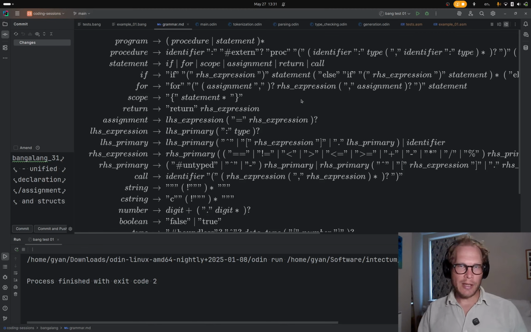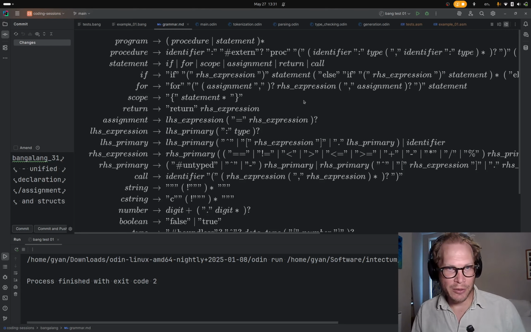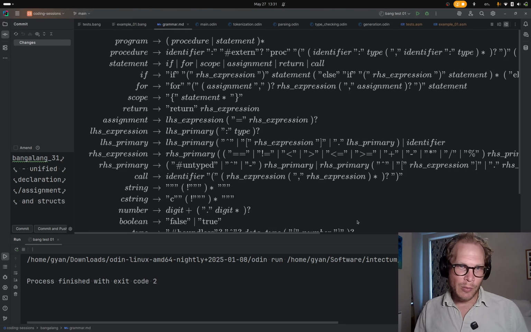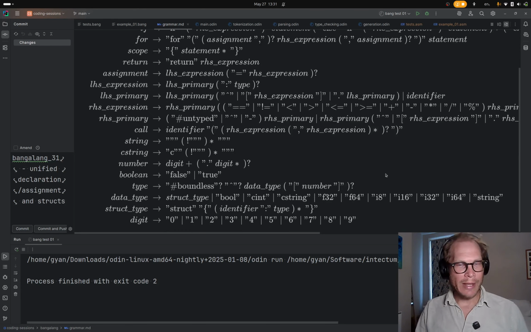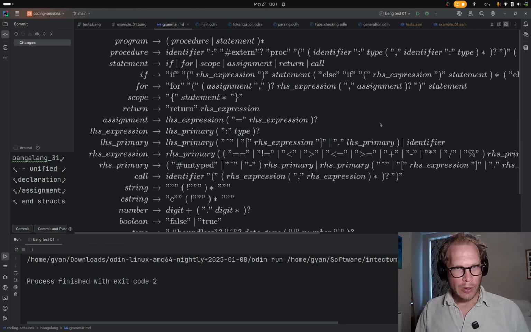That's kind of my thinking, and also my preference. It's just what I would like to do. So we're going to do some more language refinement today. The main thing I would like to do is take this procedure production and merge it into the assignment,